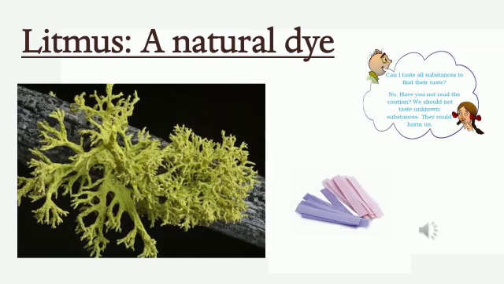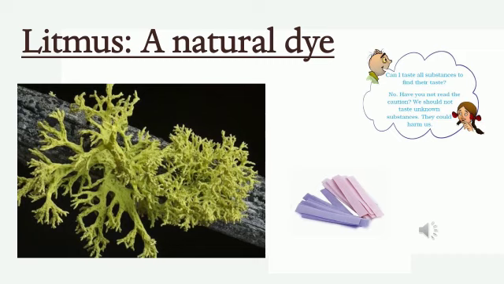When added to an acidic solution, it turns red. And when added to a base solution, it turns blue. It is available in the form of solution or in the form of strips. Here you can see in the second picture, in the form of strips, it has been obtained, and this is known as litmus paper. Generally, it is available as red and blue litmus paper. Here in the second picture, you can notice how red and blue litmus paper look. So this is about litmus, a natural dye obtained from lichens.